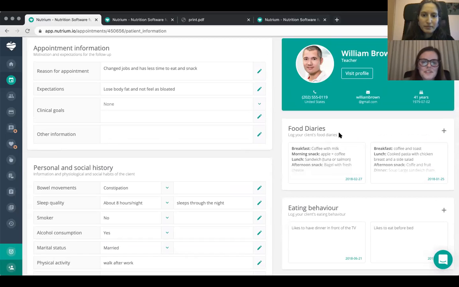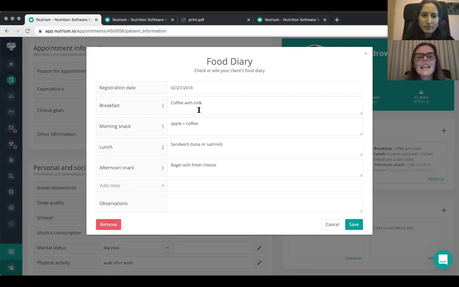Here's a very important step of the nutrition consultation. Obviously, it's knowing what the client usually eats. And then in here, you can type in any kind of information. Now, this step does not provide you with nutrition analysis, which is something that we know is very important as well. And we will also be teaching you how to do that. But in this particular step in information, it does not provide that. It is just a place where you can type in their